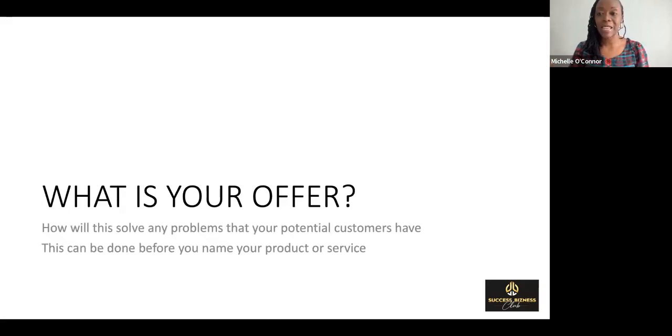The next thing is, and remember, you have an outline of your business plan. This is now just explaining to you what it looks like and what a story looks like. When you think about what you're writing in your business plan, sometimes it feels very academic and it can feel like, oh, this is way over my head. Yes, I do encourage you, if it's not your thing, to get somebody to help you write it. However, I want you to think that this is something that is telling your story.